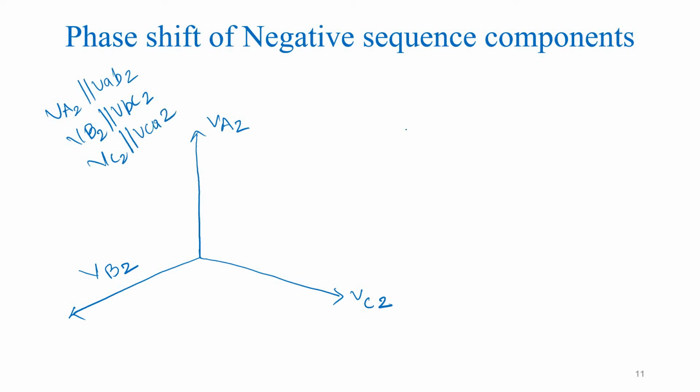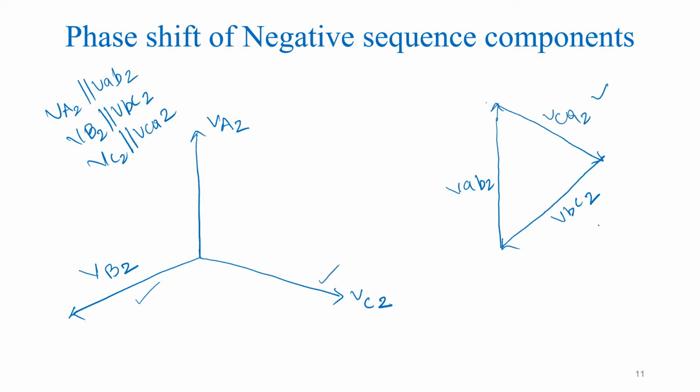So by using this is VAB2. So now what I told you, we should not change the position of the phasor, but we should form using these phasors only. You should try to form the delta connection. I am going to represent the VBC2 parallel to VB2 and the VCA2. VCA2 is parallel to VC2, VBC2 is parallel to VB2 and VA2 is parallel to VAB2. Now the corner points. So VCA2, this is B, VAB2, this is C, VBC2, this is corner A.